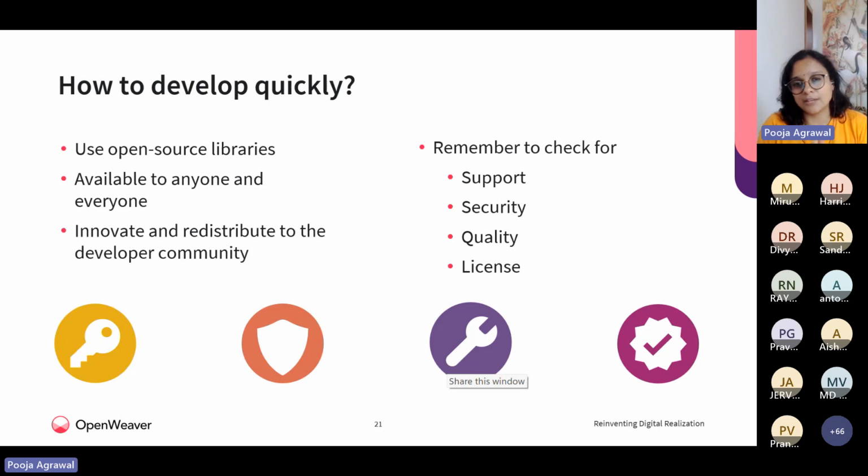We see that we are able to check these components everywhere by going on candidateopenview.com. You could check any library repository for support, security, quality, and then the license agreement. The only point we want to emphasize as students: do check the license agreement. For all the kits that you use, those are all permissive licenses. You're free to use them, customize them, and use them for projects. So you could just pick these, make changes, update, and use them going forward.